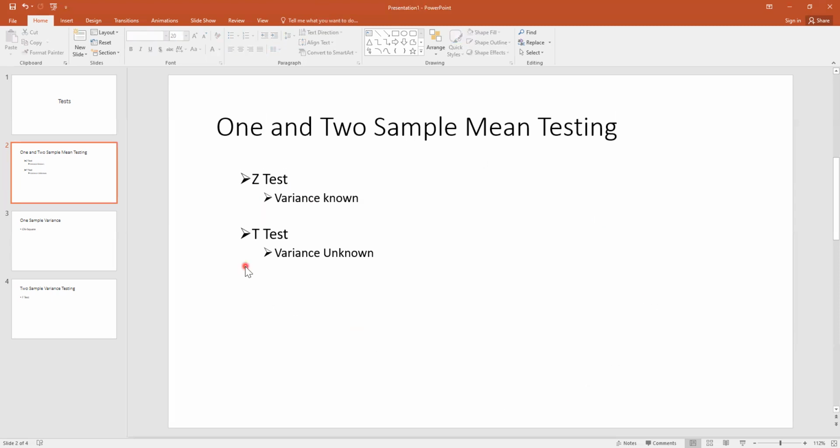Whenever variances are unknown and we have to test the equality of means, then we choose the t-test, if the variances of the population are unknown or we cannot estimate them accordingly. So in the t-test, the assumption is that variances are unknown. We have only sample information, and on the basis of the sample, we have to estimate the results about the population. So the t-test is used when the variances are unknown and we want to test the equality of means or the one sample mean.